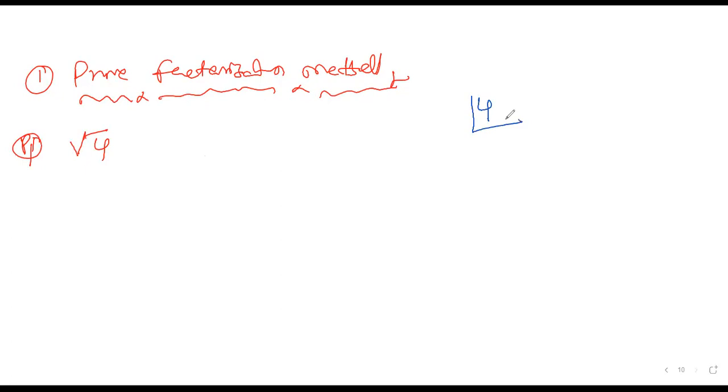Please take the LCM. LCM means least common multiple. You have to start with the least number, which is 2. Take the LCM. 2 2s are 4. Then 2 1s are 2. Till 1 you have to do this. So 4 I can write as 2 into 2 into 1.